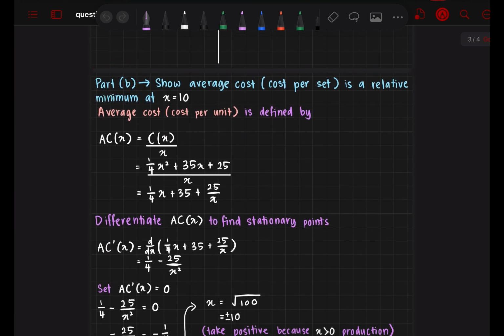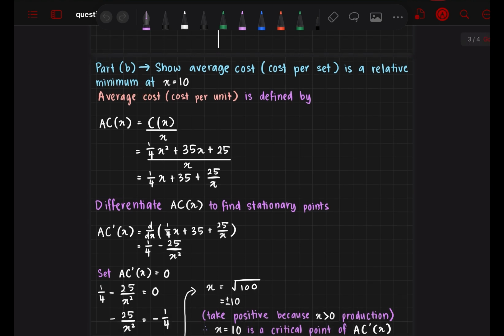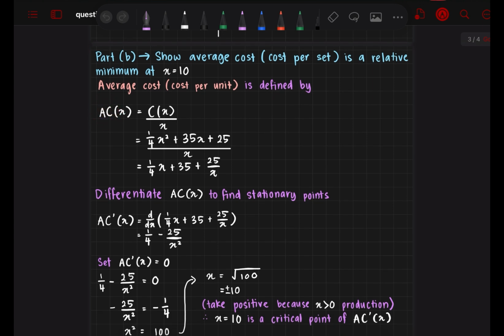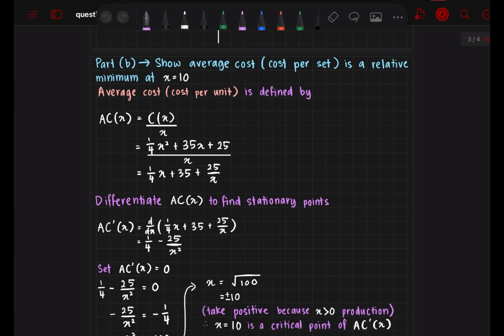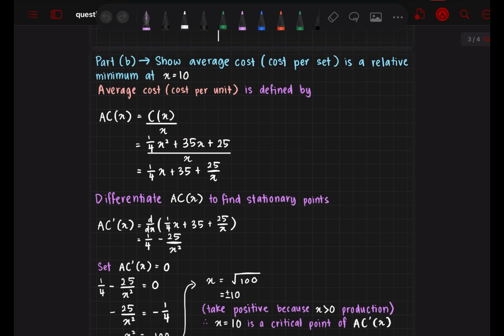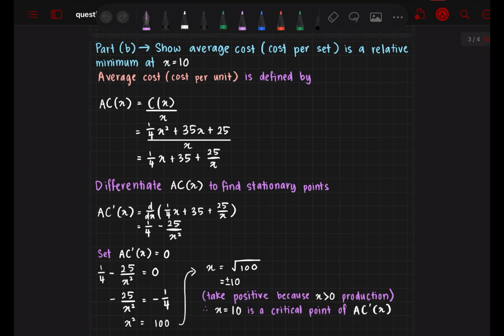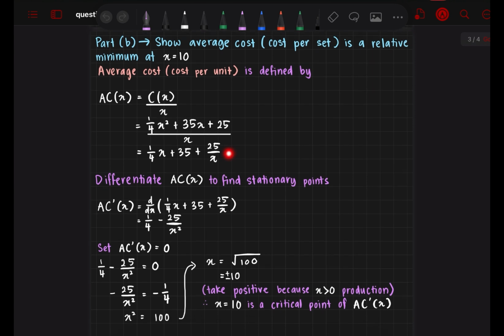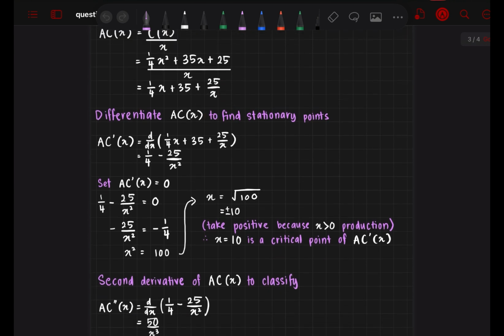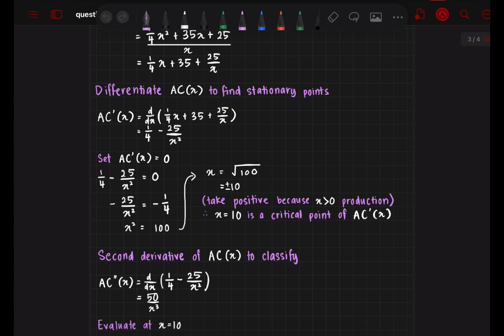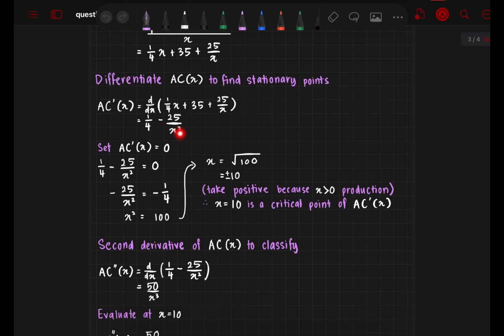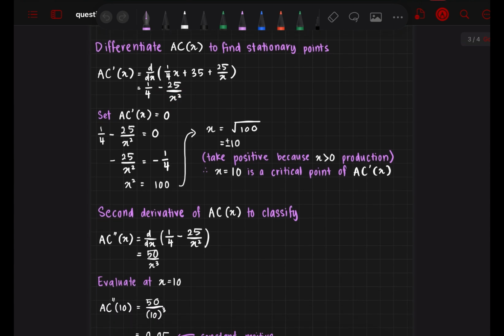So part B, show the average cost per set is a relative minimum at x equals 10. Average cost per unit is defined by AC, the average cost, equals the cost per set. So the cost per unit, 1 over 4 x squared plus 35x plus 25 divided by x, and we will get 1 over 4 x plus 35 plus 25 over x. And then we differentiate AC(x) to find stationary points, and we will get 1 over 4 minus 25 over x squared,